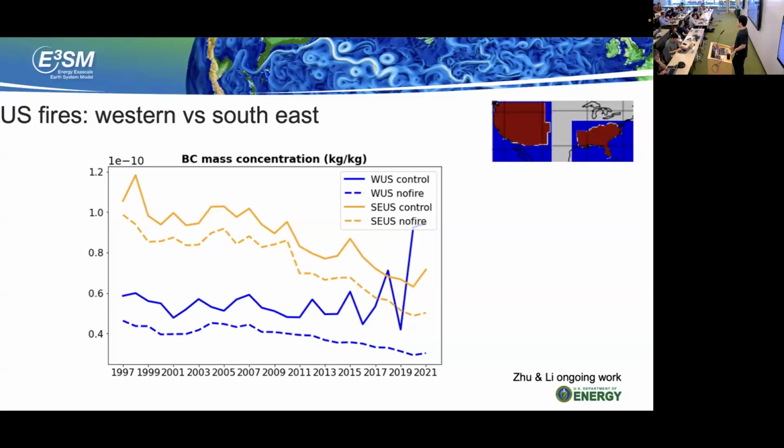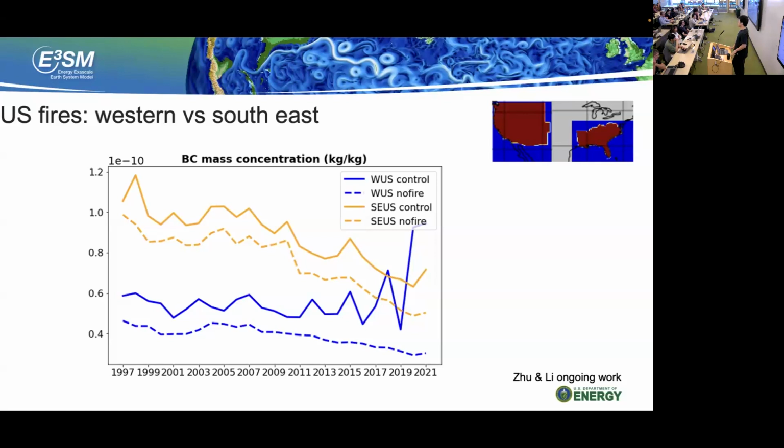So in the BGC configuration, we turn fire on and off. This is very easy in the land namelist. You can just set no fire equal to true or false. That shows you this dash line and solid line in the BGC calculation, and the difference tells you the fire impacts. And this is just the black carbon mass concentration integrated across the boundary layer. I won't provide a deep discussion here, just show you the difference.